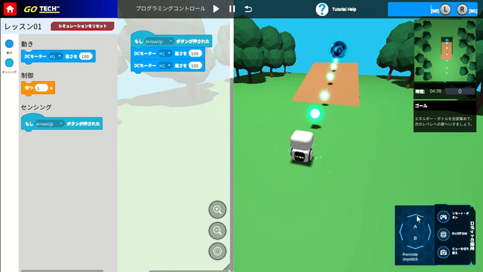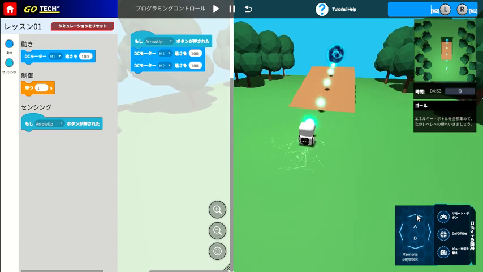And then you need to run the program. How to run the program? Just now you have two ways. Number one is click here. Number two, click the arrow button on your keyboard. We will focus on only the up arrow. As you can see, we just choose the arrow up because we want to go forward. So click here, and then it will start to move.